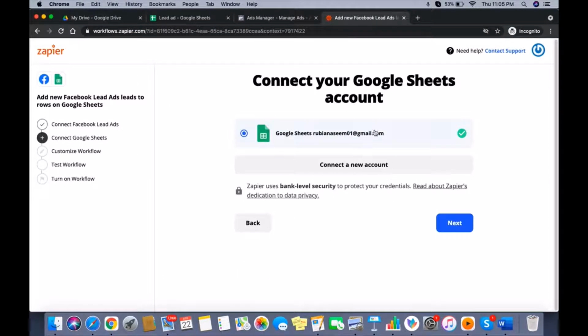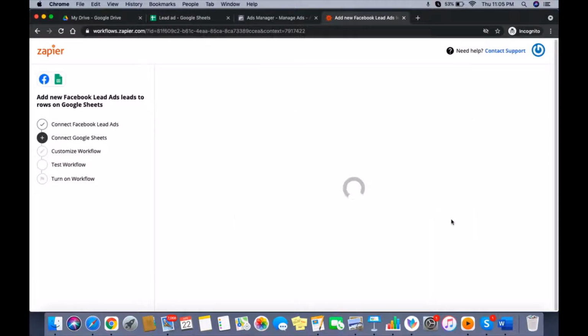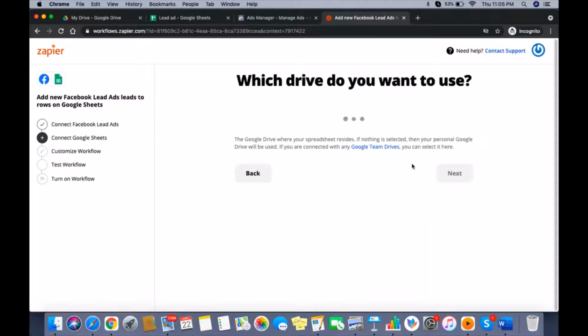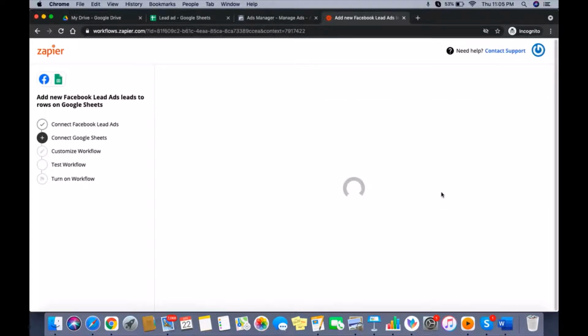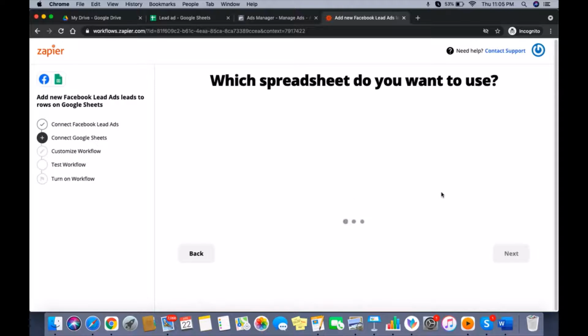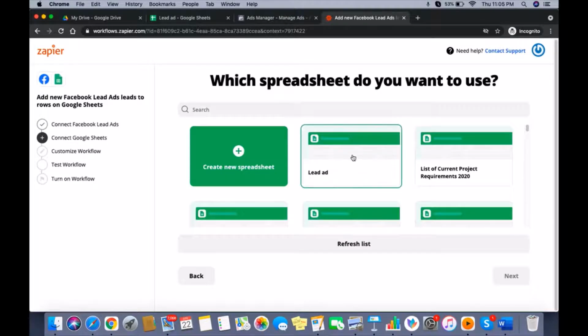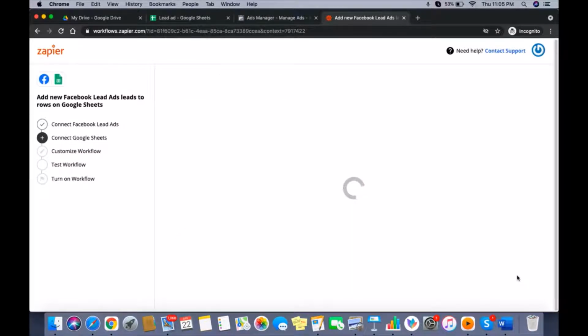So now my Google Sheets main account is automatically connected. I'm just clicking next. My Google Drive. So this is a lead ad as the page name. So I'm just clicking lead ad.